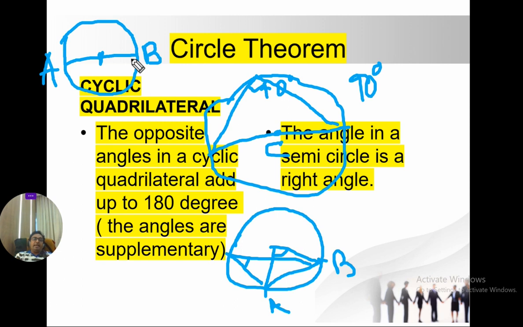If it is a straight line, then straight line का एंगल कितना होता है? बोलो, tell me. It's 180 degree, correct? Straight line का एंगल कितना होता है? 180 degree, correct? Yes. So angle subtended by the arc AB or the segment AB at the center is 180